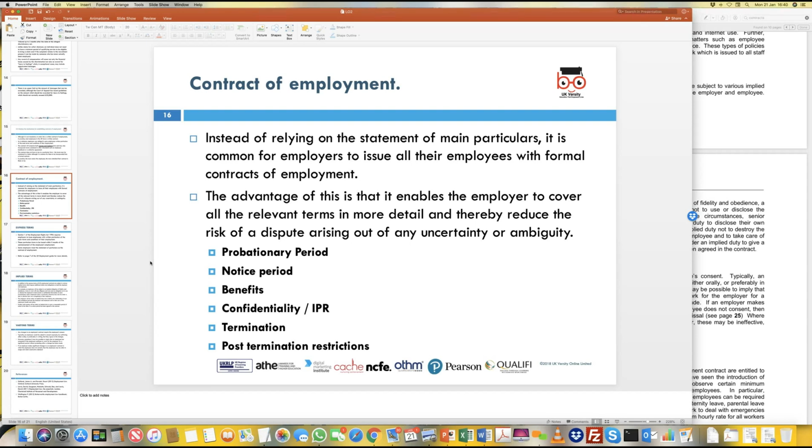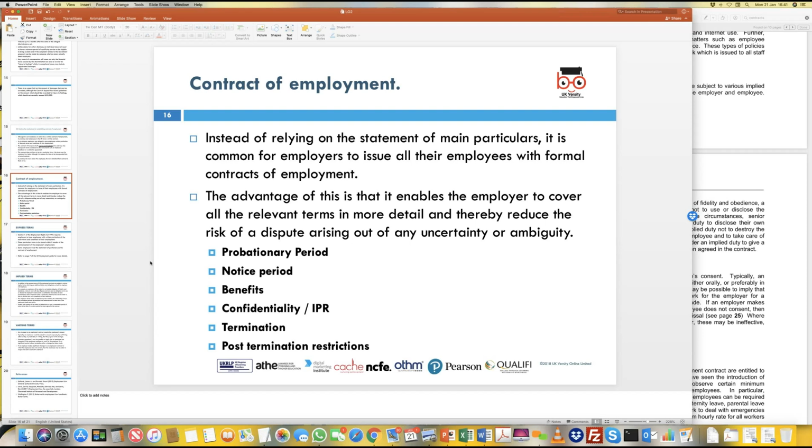In the case of an employee, if I get a better job opportunity today, which is paying me, say, 1.5 times extra, I discuss with the HR in the company, they say, no, we can give you a rise, but we can give you a 10% rise, but not 1.5 times, and I still decide that I want to leave the company, then in the contract, the company would have defined that if you have to leave the company at your free will, you will need to give 4 or 6 weeks notice, or 3 months notice in some cases. In the case of senior management, it could be 6 months notice, even a year's notice before the employee can end up leaving the organization.